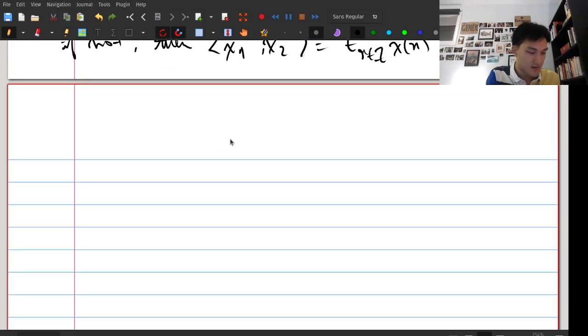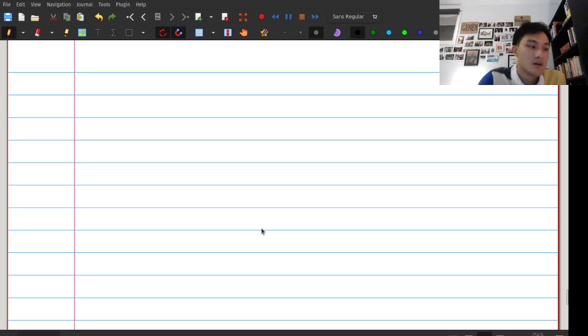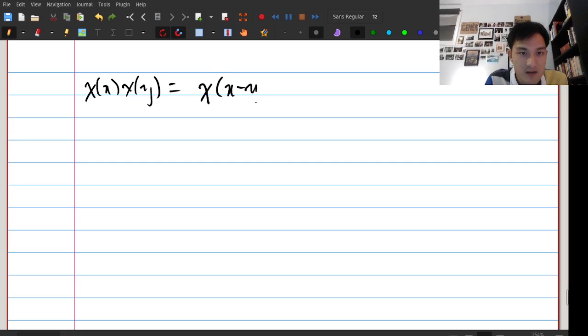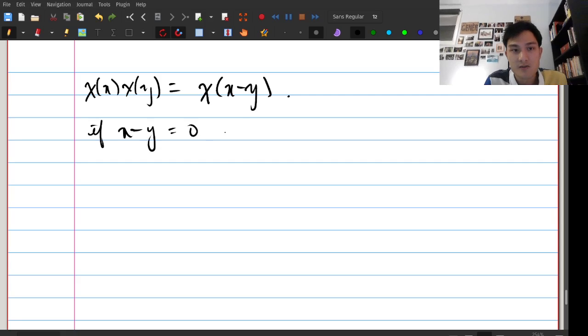Wait, where did I put that? On a different page. So let's just say, we'll go through really fast. So chi x, chi of y is equal to chi of x minus y, right? So if x minus y is equal to 0, i.e. if x equals y, then